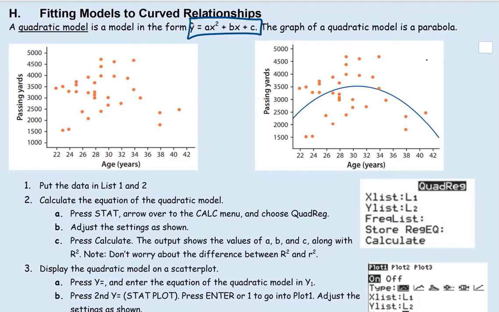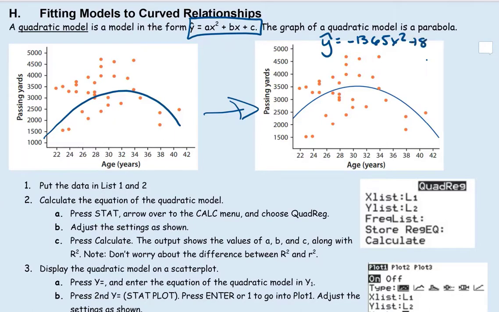The two scatter plots below show the relationship between passing yards and age for 32 quarterbacks in the 2010 NFL season, along with their quadratic model. As you can see, there's not really a line that can be drawn through these, because they're all touching different points. What models this even better is a parabola that comes up and down, which is shown in this part right here. In fact, the equation for this is y hat equals negative 13.65x squared